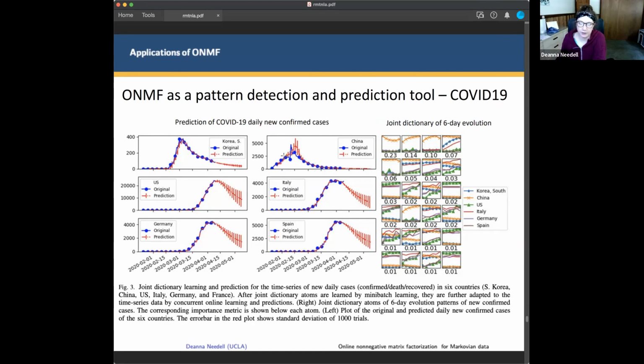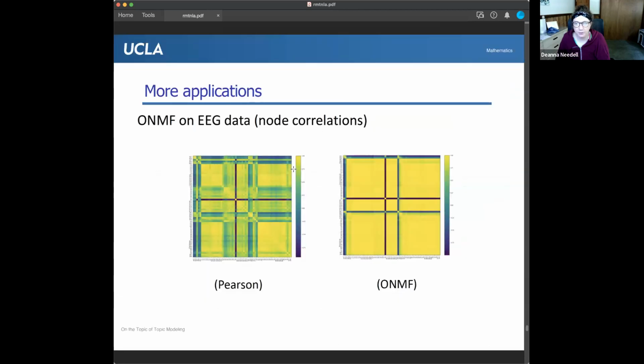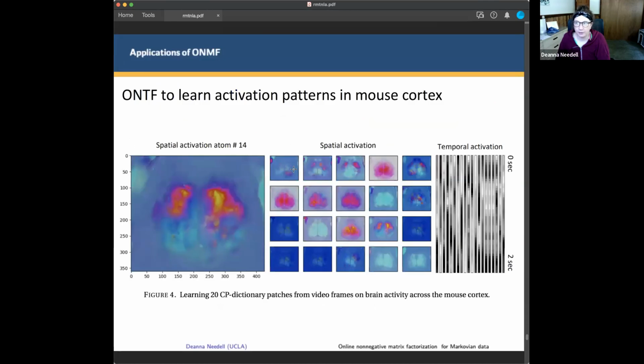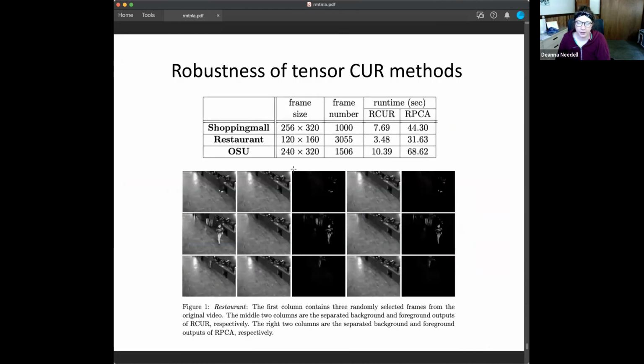And so I'd like to, in the future, kind of extend this beyond this very localized prediction, right? We're using very localized patterns to make the prediction. And we can maybe combine that with something more global, like an SIR model. I think that would be really interesting. I think that goes into other applications as well. So I'm going to skip. We've also done some work with EEG, but for the sake of time, I think I will just end with